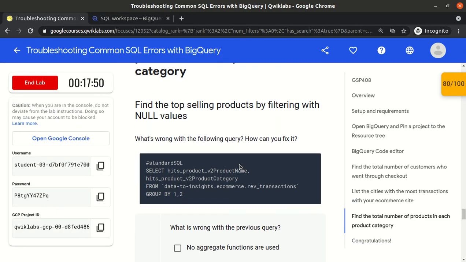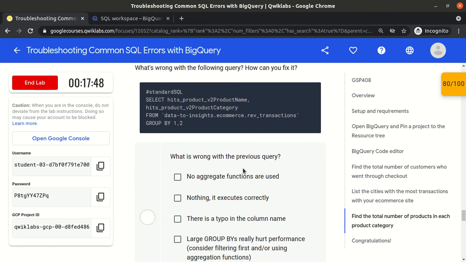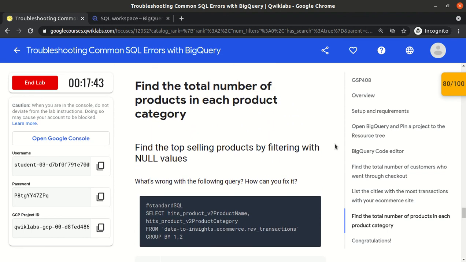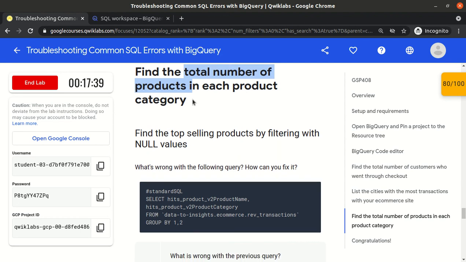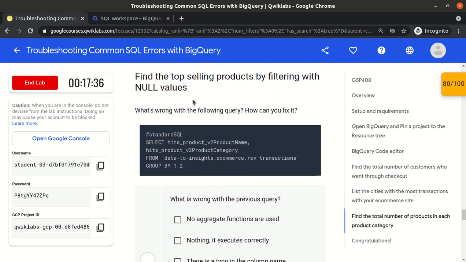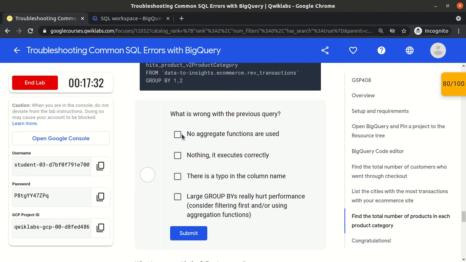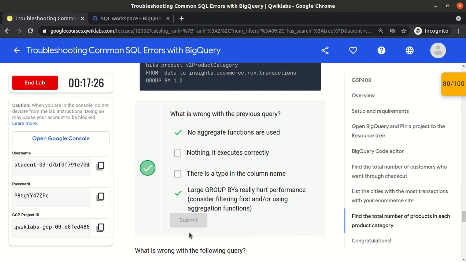Let me go through the options. No aggregate functions are used, and we need the total number, so we definitely need to use either sum or count. So no aggregate functions are used. A large group by really hurts the performance? Yeah, correct.